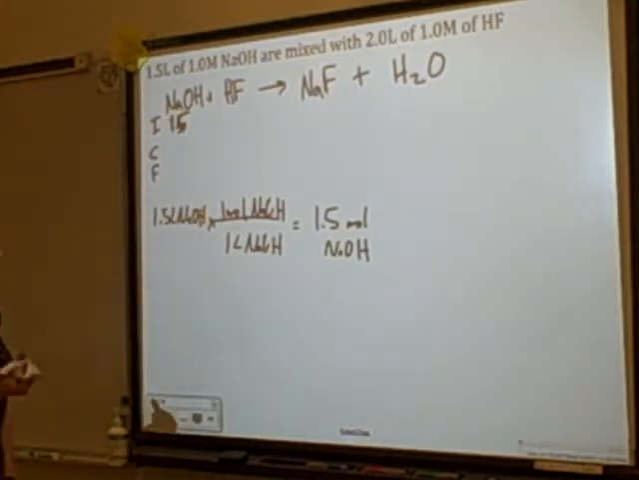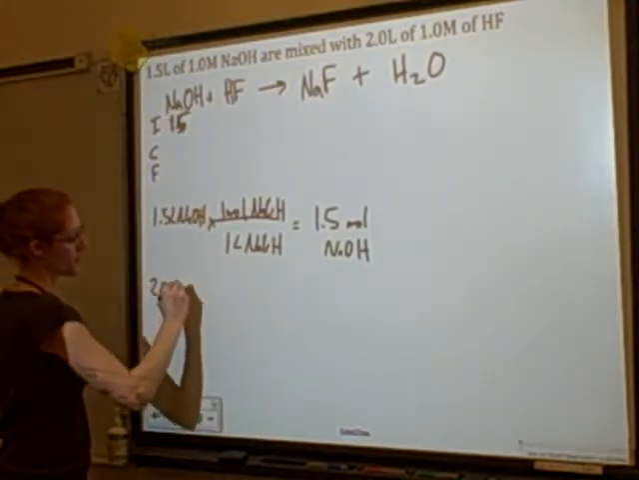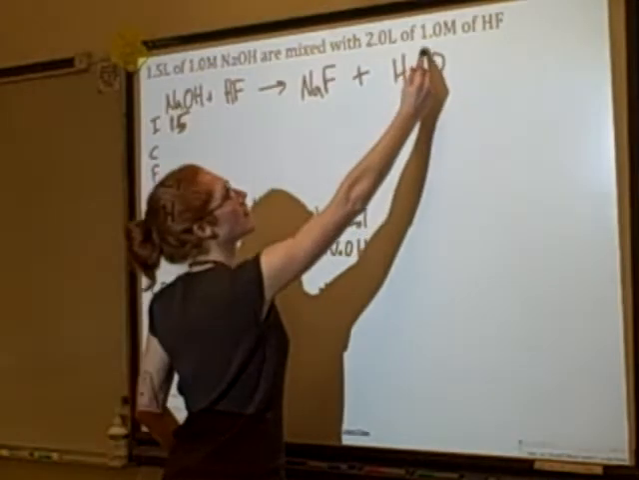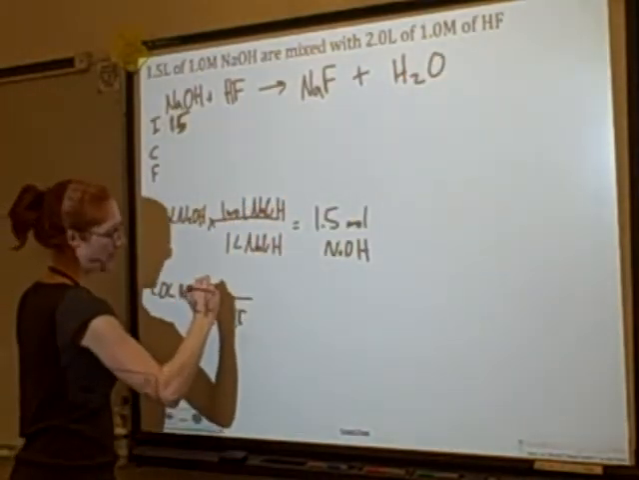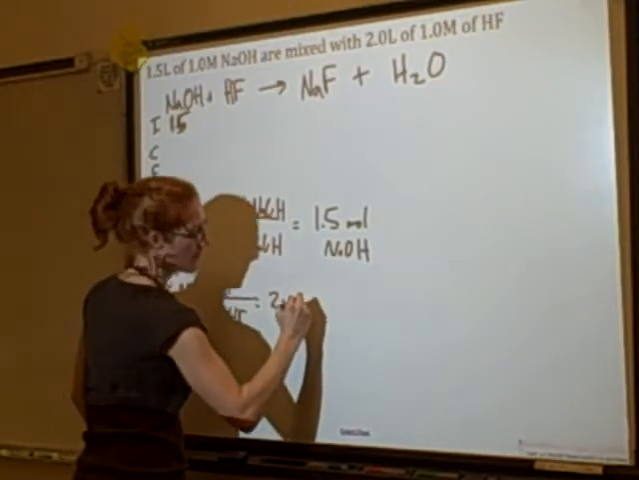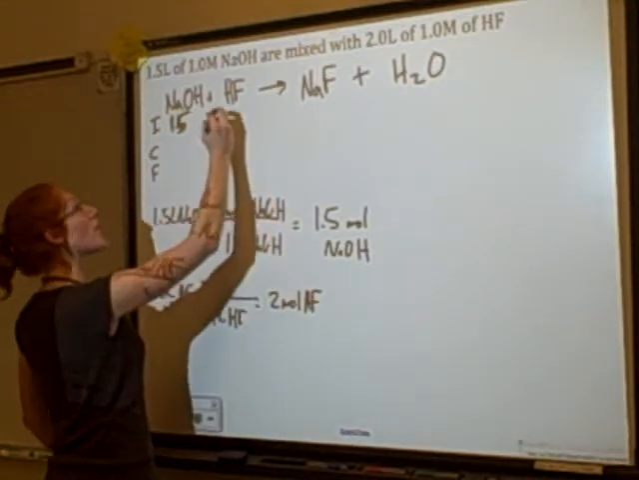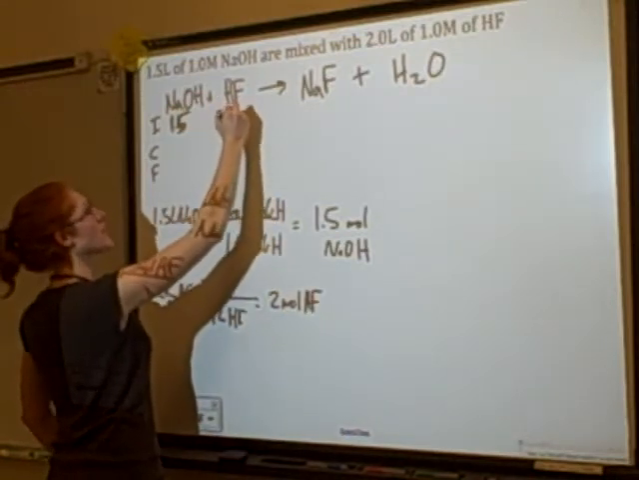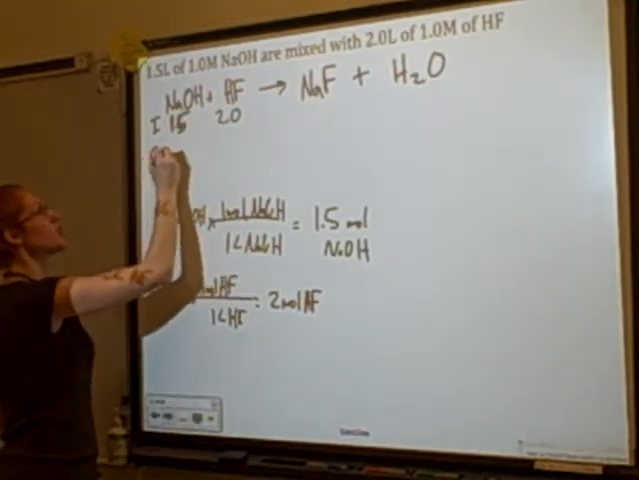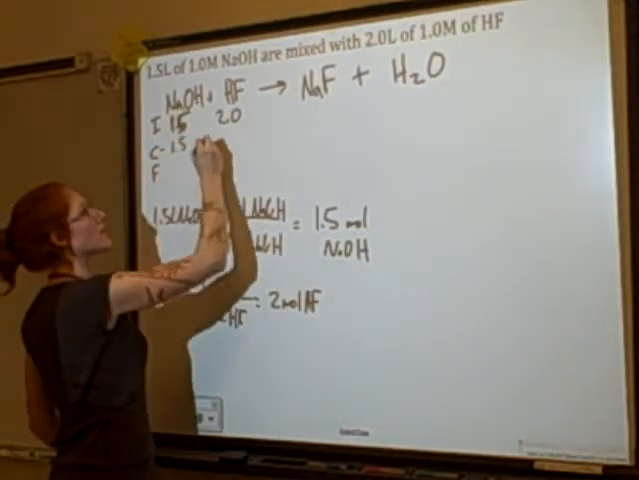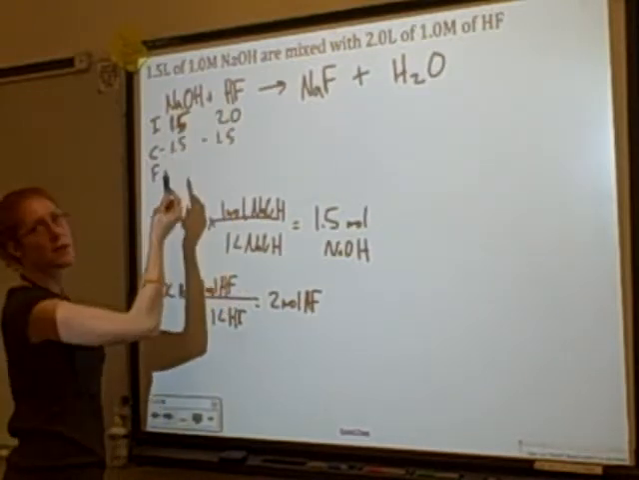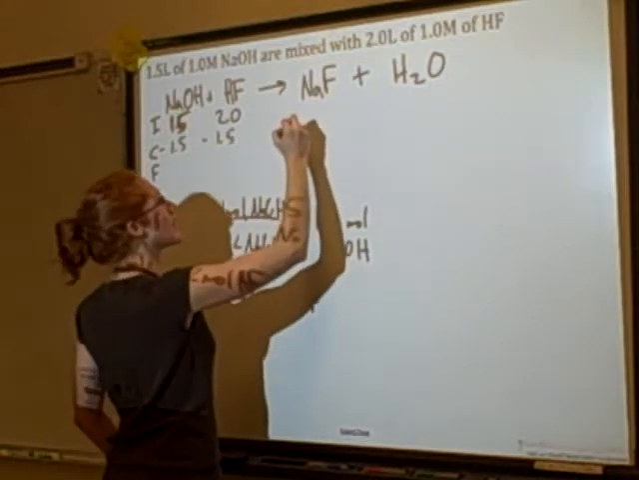I'll do the same thing with the hydrofluoric acid. I have 2 liters, and for every 1 liter of hydrofluoric acid, it's also 1 molar, very creative, 1 mole of HF. So I have 2 moles of hydrofluoric acid, and I know they're going to react as far as they can. They react in a 1-to-1 ratio. I have less sodium hydroxide, so I'm going to change by using up all of the sodium hydroxide. For every one of these, I react one of these. Since 1.5 NaOH react, 1.5 hydrofluoric acid react, and I make 1.5